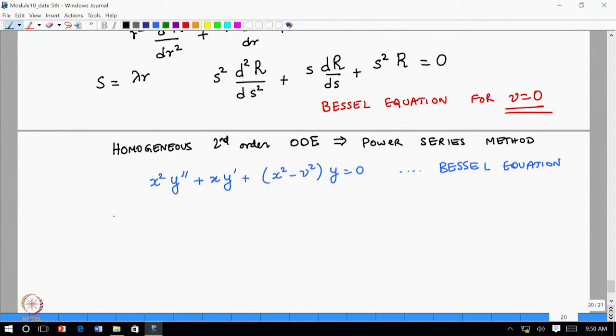So, at s equal to 0, okay, we have a critical point. Okay. And what kind of critical point is it? So, to know the kind of critical point,